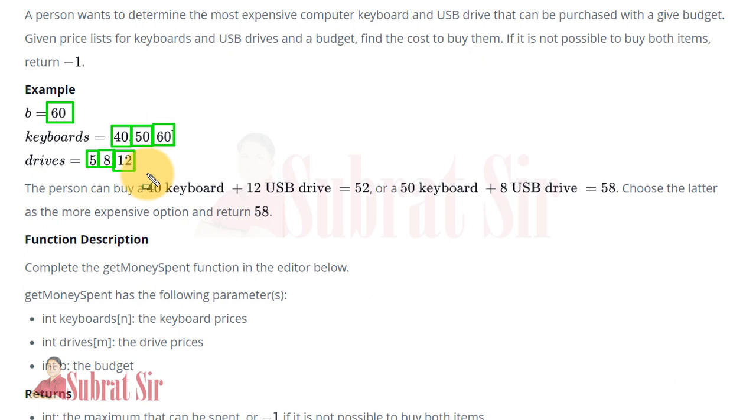So the person can buy a keyboard of 40 rupees and a drive of 12 rupees by expense of total 52 rupees, or the person can buy a keyboard of 50 rupees and a drive of 8 rupees, total expense 58. But the 58 is the maximum expense, so we will return 58 as the answer. Okay.